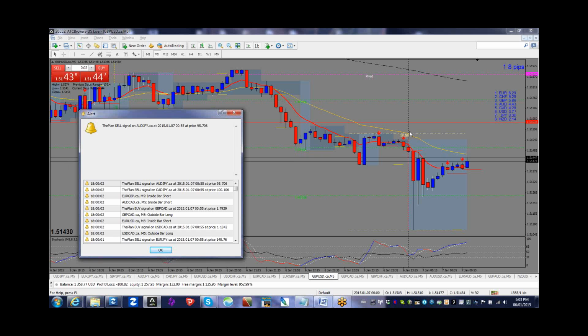Okay, so these are basically signals. You just take them on the break. And then inside bars, you just, again, take them on the break. Now your take profits and your stop losses should also, if they're close to